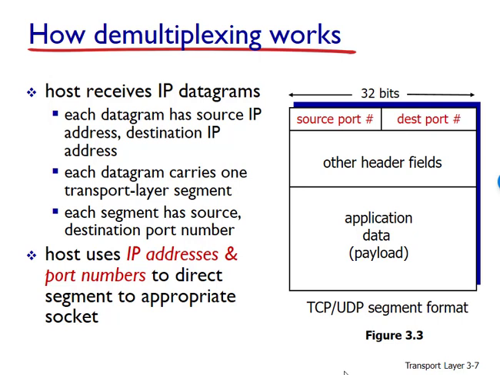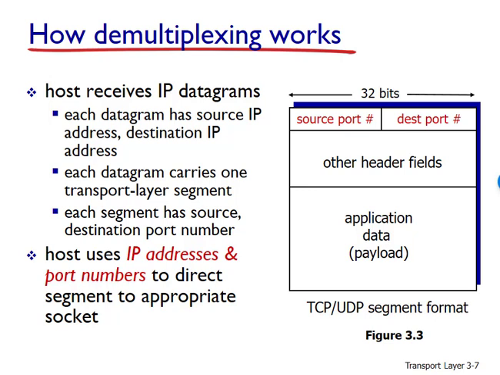From that last discussion, we know that the transport layer multiplexing requires that sockets have unique identifiers and that each segment have special fields that indicate the socket to which the segment is to be delivered. These special fields, illustrated here in 3.3, are the source port number field and the destination port number field. Each port number is a 16-bit number ranging from 0 to